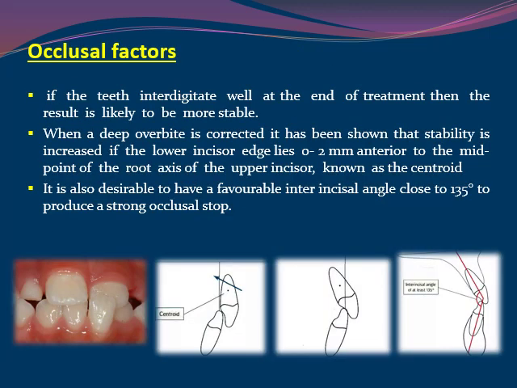Occlusal factors. It is preferable at the end of orthodontic treatment to get good intercuspation and interdigitation between the teeth to get more stability of the treatment, more retention and decrease the relapse. In certain cases after correction of deep overbite, as we took in the previous lecture on class 2 division 2 occlusion, when there is deep overbite, it is necessary to correct the interincisal angle and get a good interincisal angle